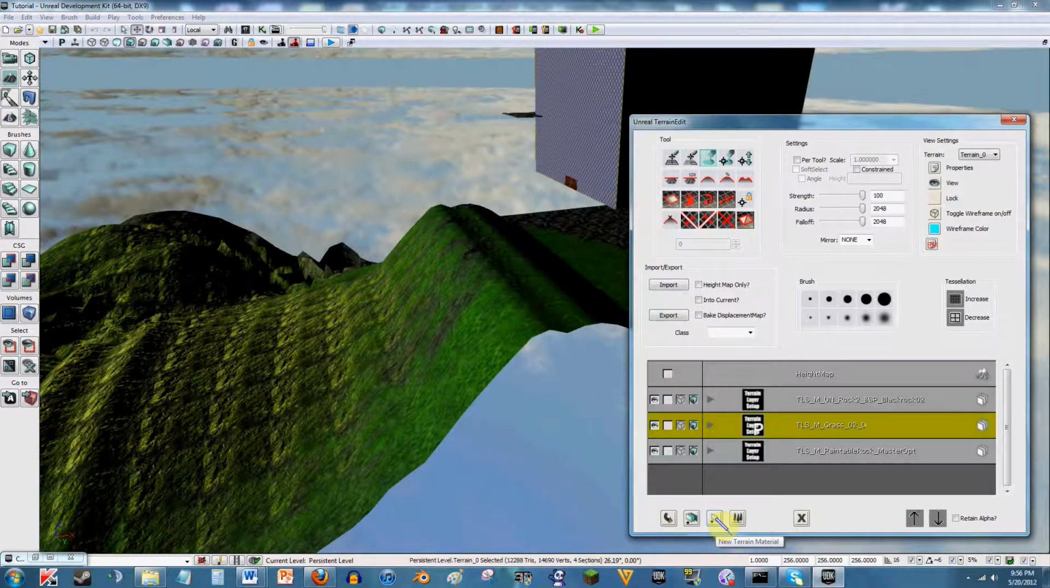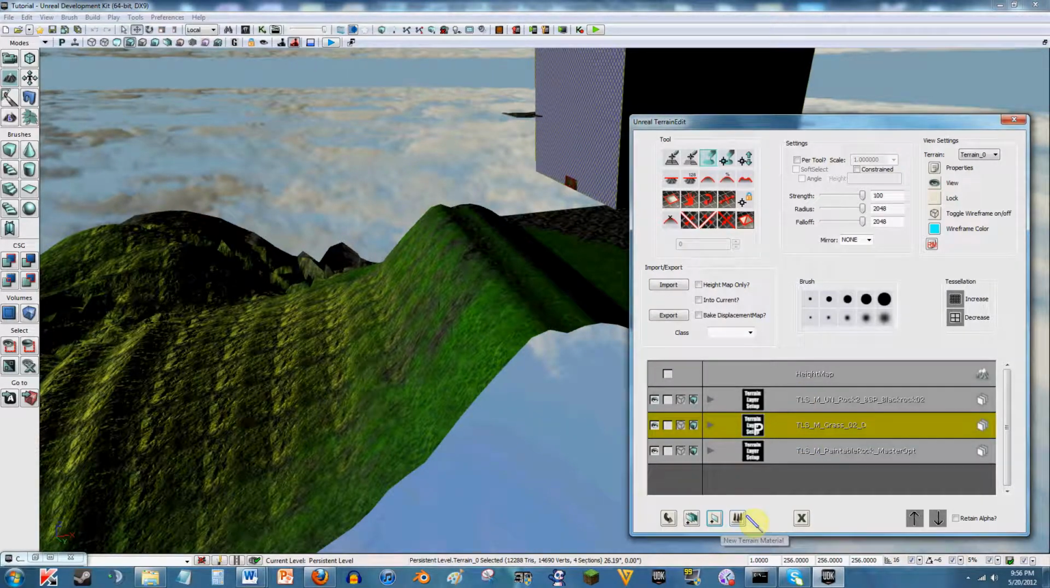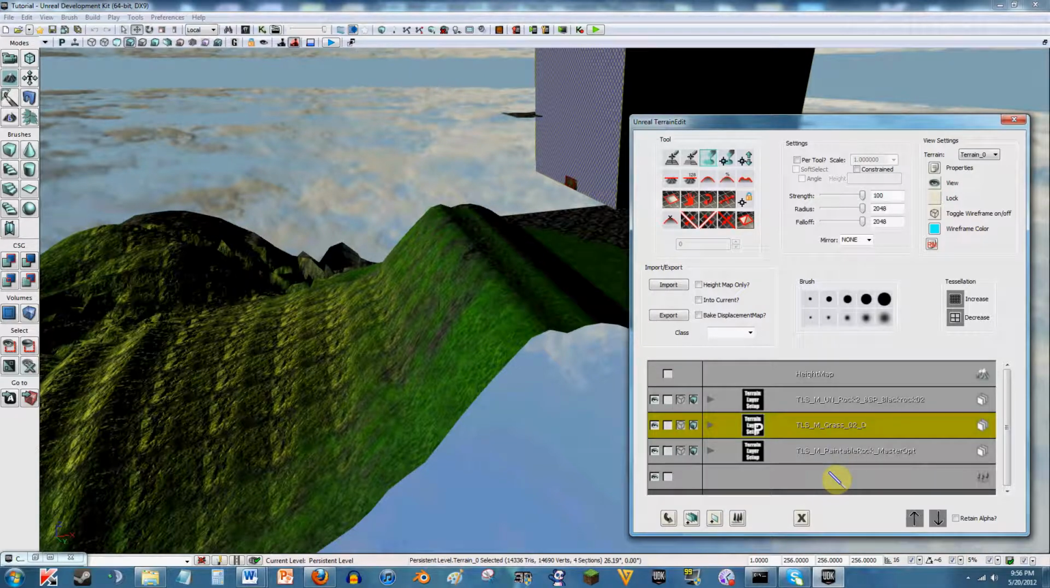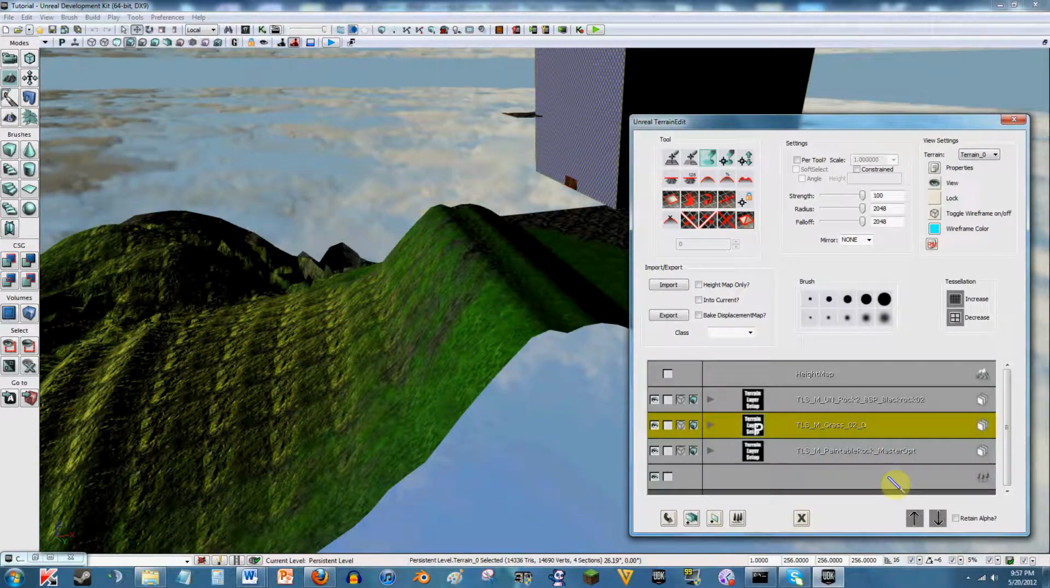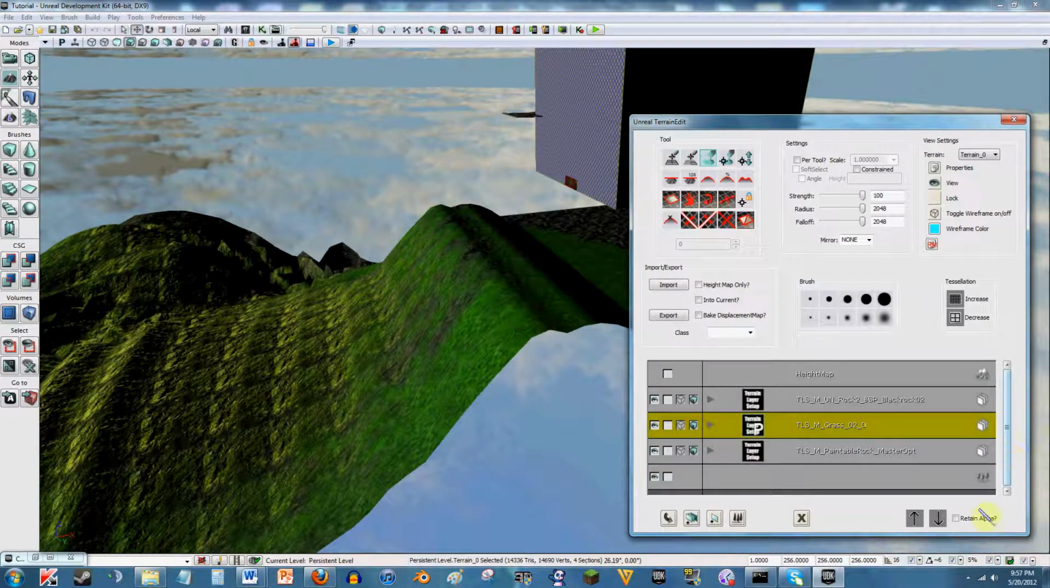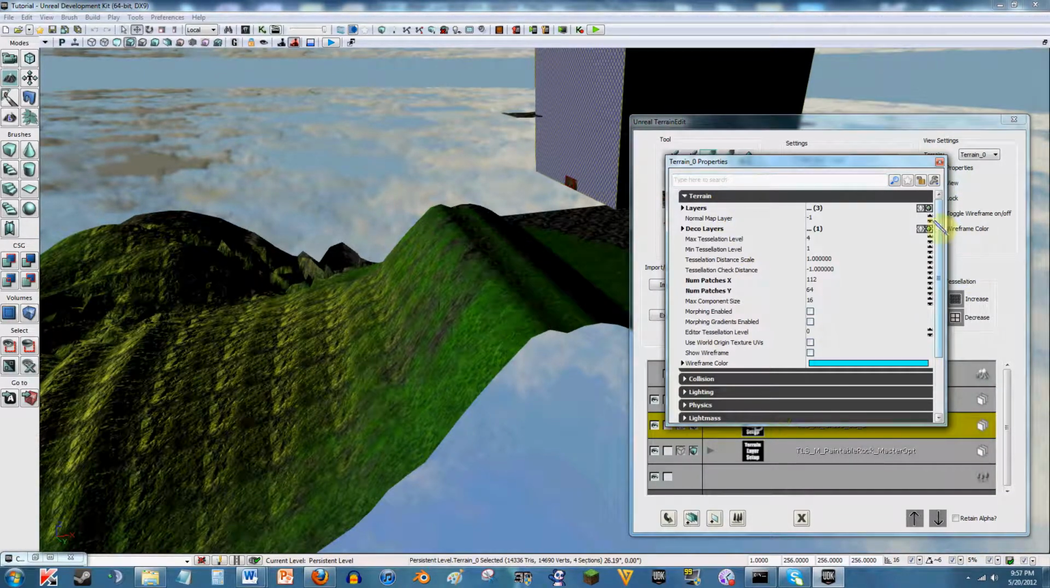Terrain material, I don't know what that did. Deco layer is pretty much just like a set decoration layer that has all the foliage and stuff stored on it that you can kind of import. You can't really click it, but I don't know. You can also edit your terrain properties,